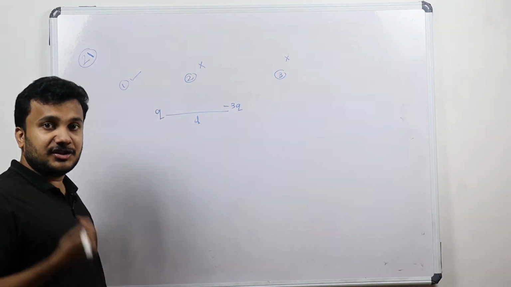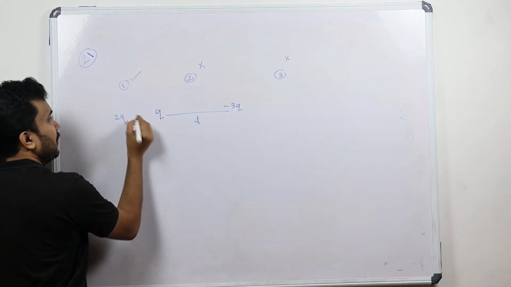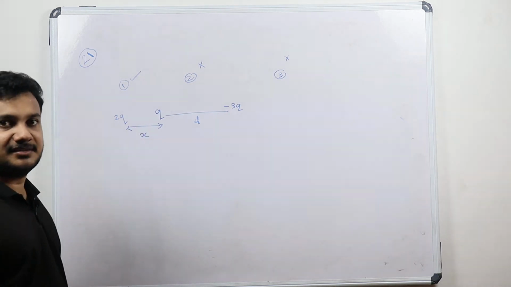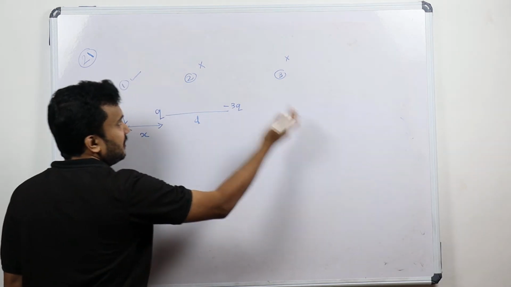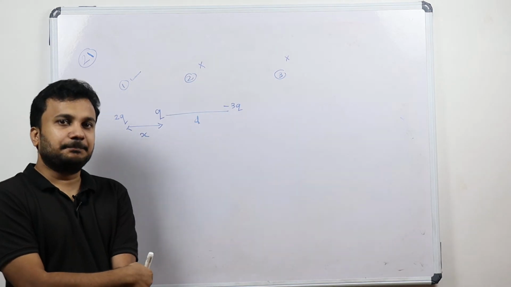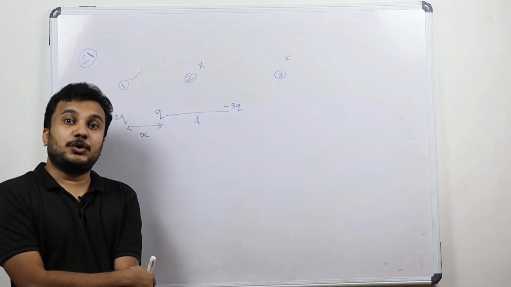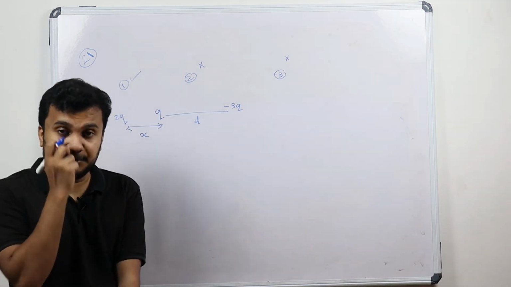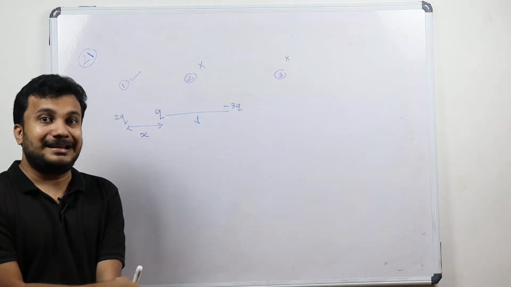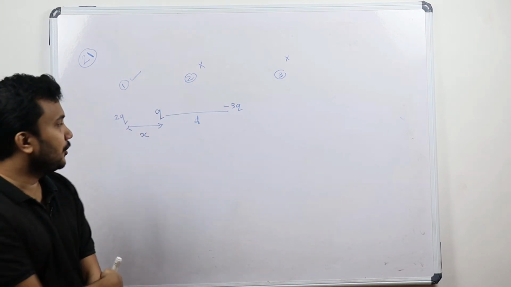So the less charge has to be placed to the left of that, which means 2Q has to be placed somewhere here at a distance of x meter away. That is the intention. It should not be at the right side, it should not be at the middle. I discussed this while I was taking the theory sessions, right? Whenever two charges are here and I place a third charge, then the whole system of charges is in equilibrium, which means the third charge should be placed nearer to and left of the lowest charge. So here Q is the lowest charge.